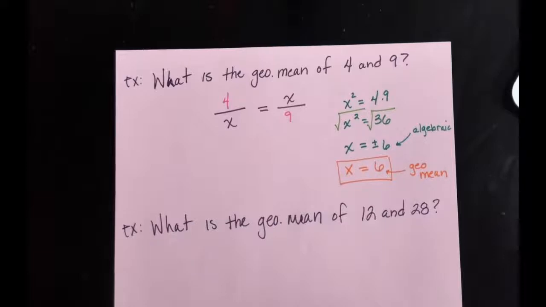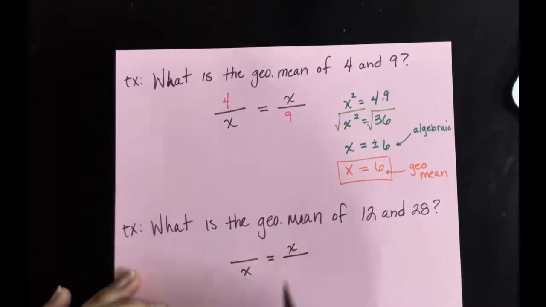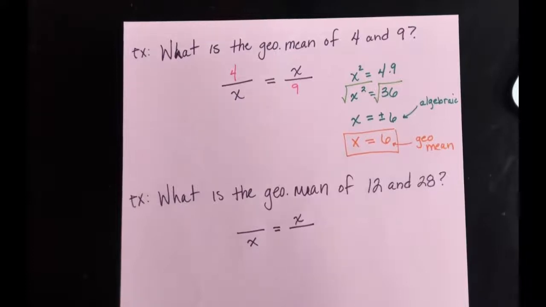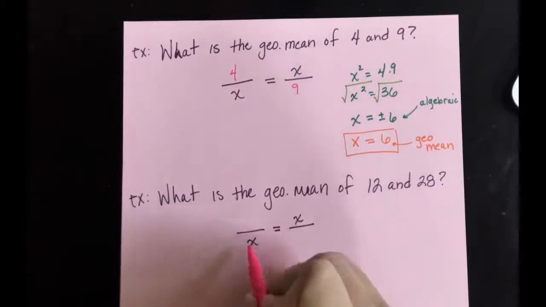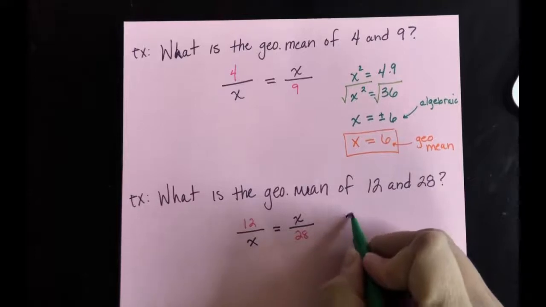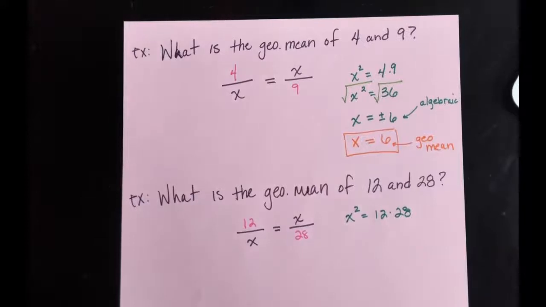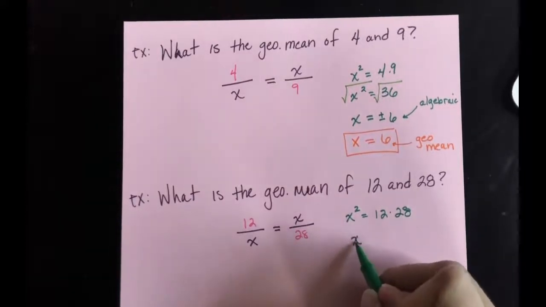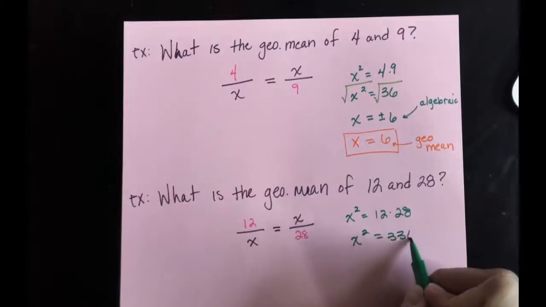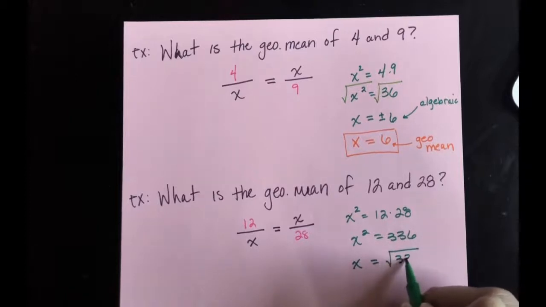12 and 28. So again, we would remember that the geometric mean is that repeated spot. We would end up with our other two numbers. And honestly, if you cut to the chase and you simply did the x squared equals 12 times 28, or even in your calculator just went as far as to say, okay, x squared is 336, and I know that x is going to be the square root of 336,